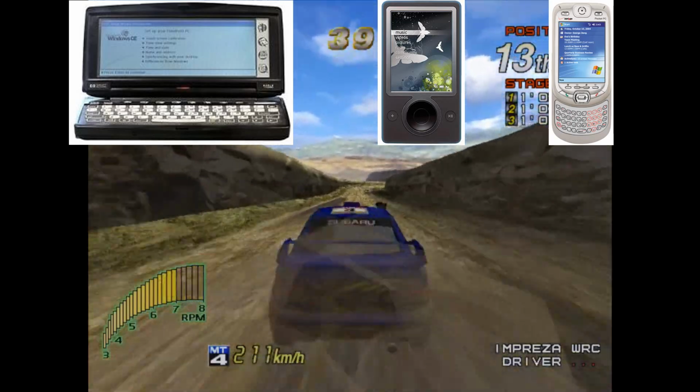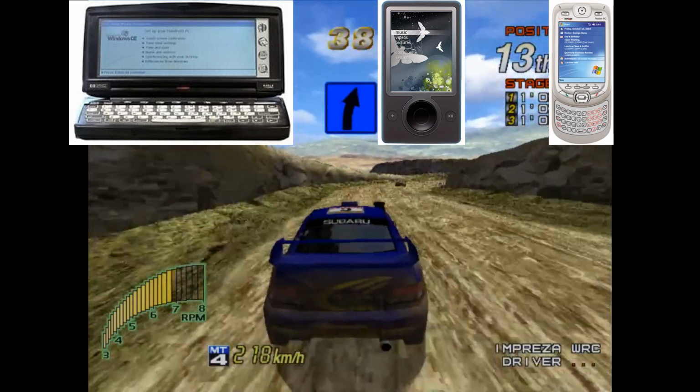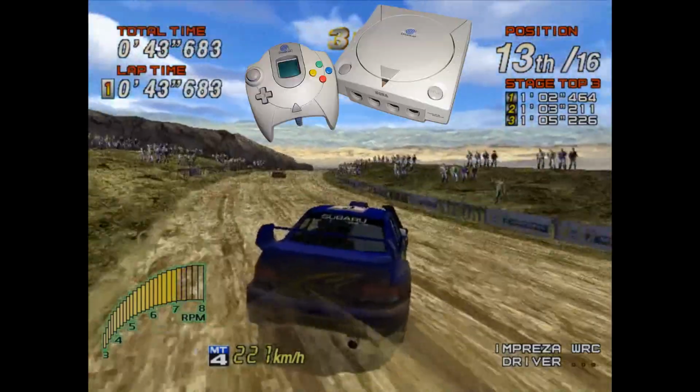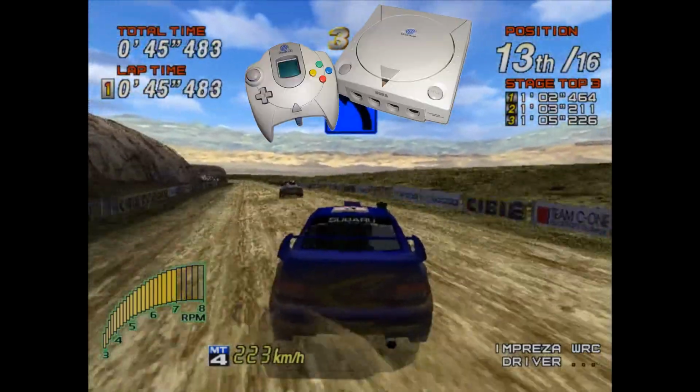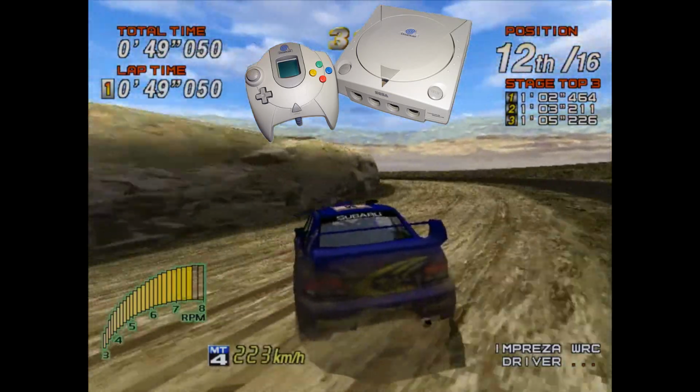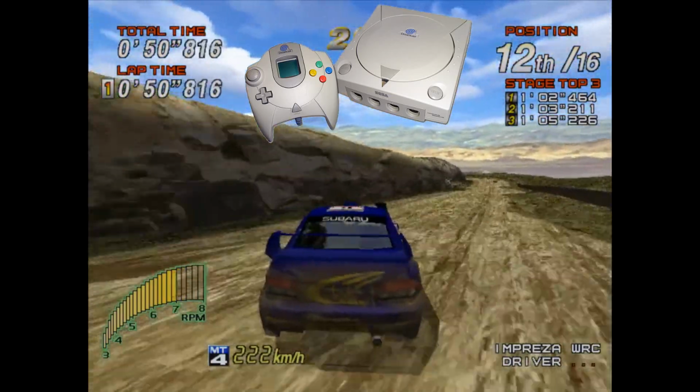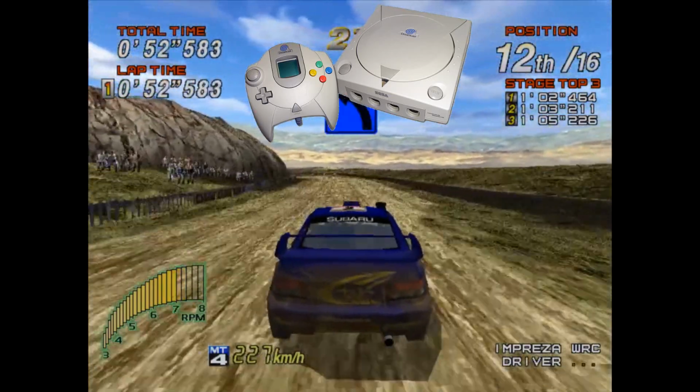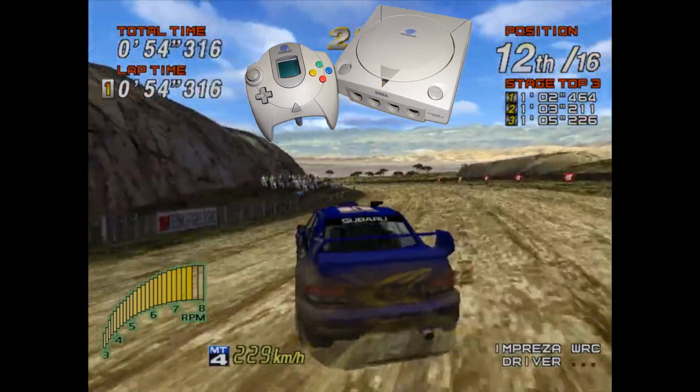Microsoft worked alongside Sega for around 2 years to develop a version of Windows CE specifically for the Dreamcast. The original intention, at least, was for the system to run Windows CE, giving developers access to Windows-based development tools such as DirectX, in theory to make porting PC games easier.